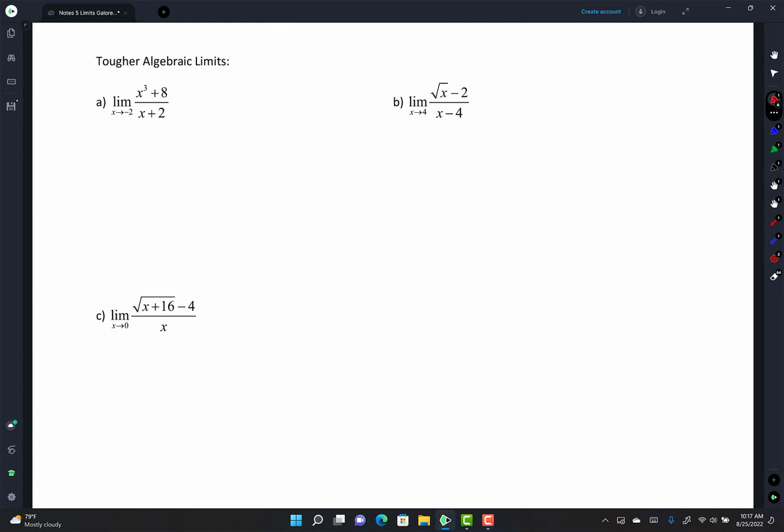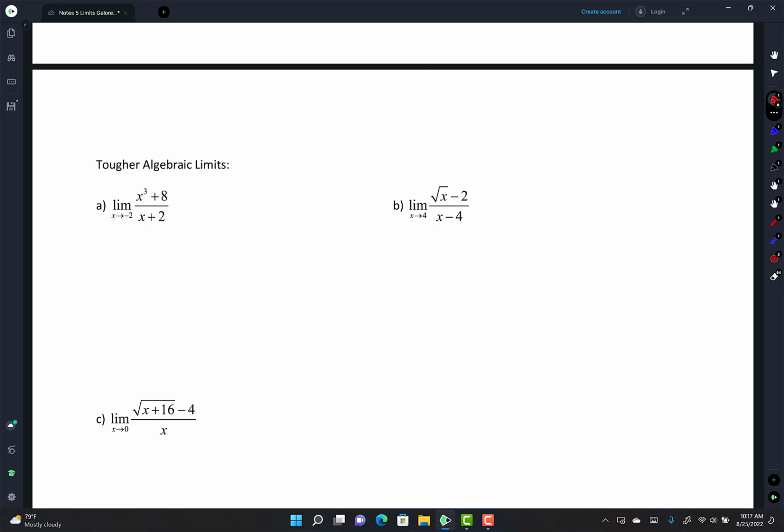All right, here we go. You're going to have to use your algebra skills now. Ready? Can I do direct substitution on letter A? No, you can't do direct substitution on any of these. You have to do something else. What do you notice about the numerator? It's not the difference, it's the